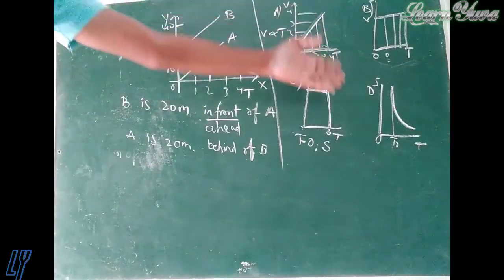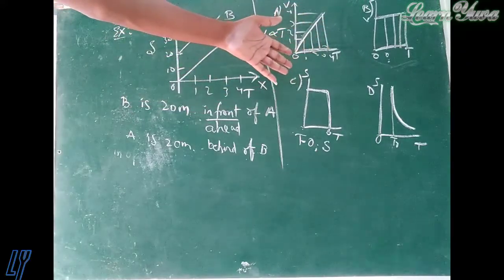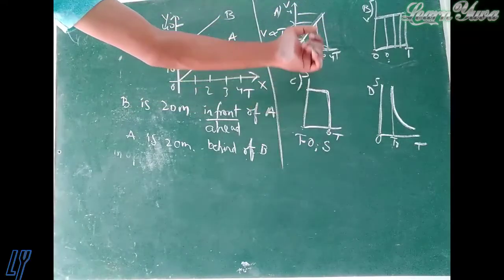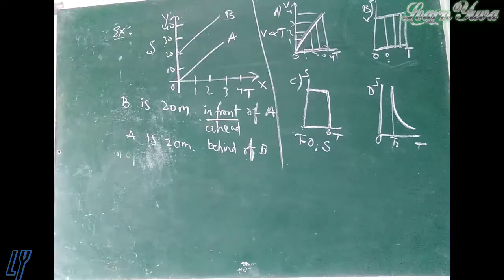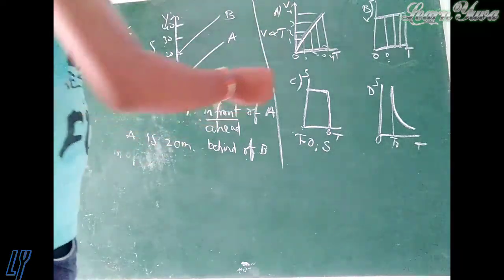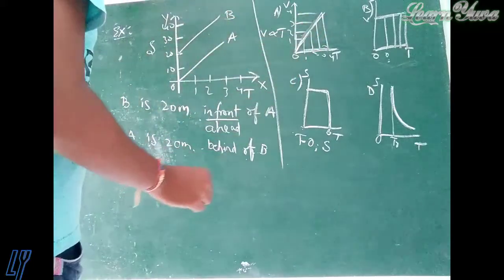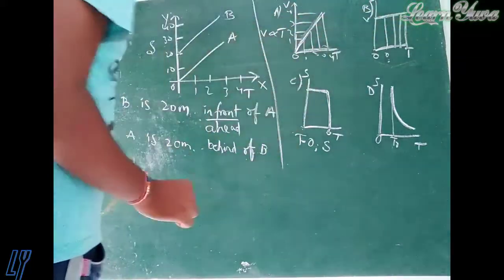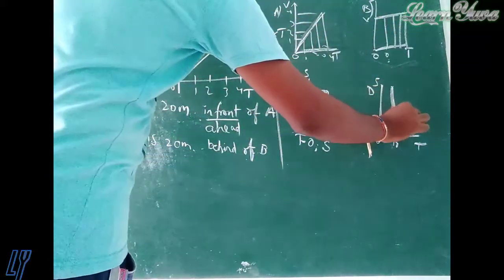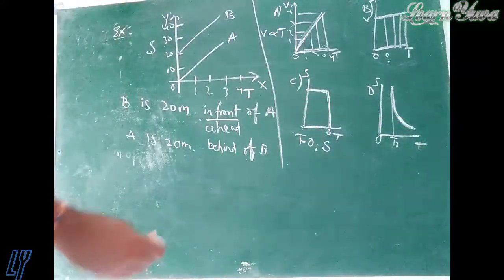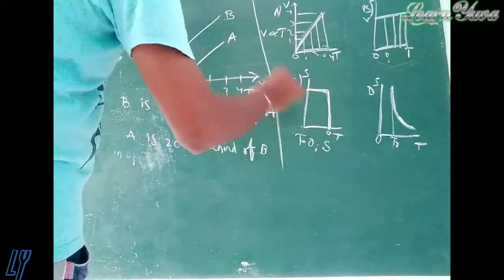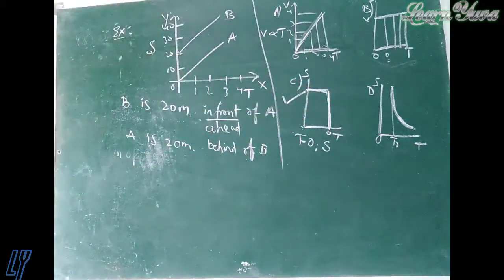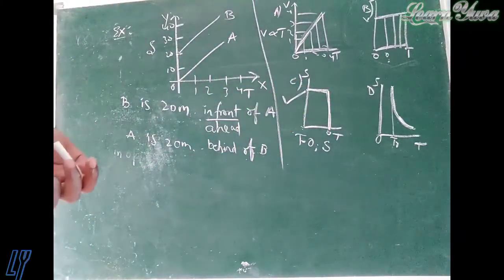So from these diagrams, an object is in uniform motion and the object comes to rest suddenly. It has constant velocity and then the velocity goes on decreasing. It comes to rest suddenly, which means constant velocity and then comes to rest suddenly. So that is the correct answer. In this way we can find out that